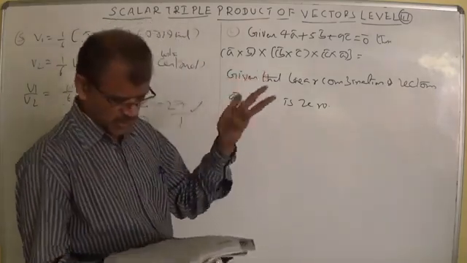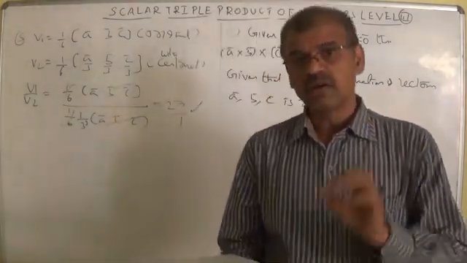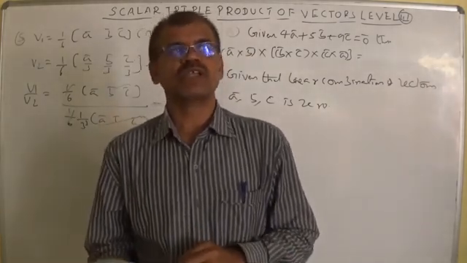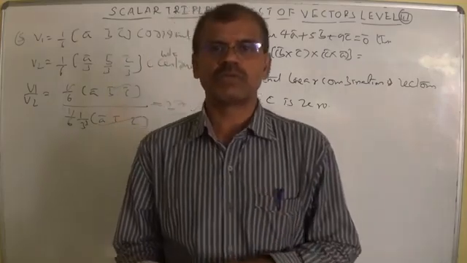Regarding this one, whether it is linearly dependent or independent, he did not discuss. Try to understand that. We said so many times, linear combination of vectors: R bar is equal to XA bar plus YB bar plus Z